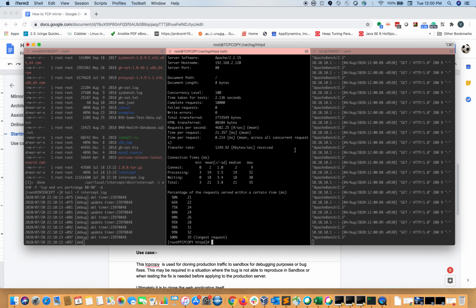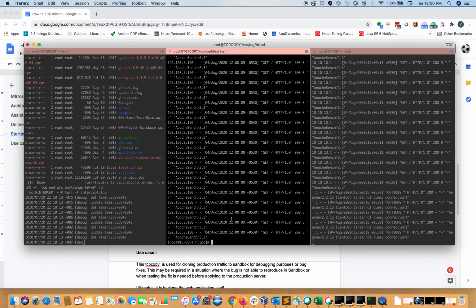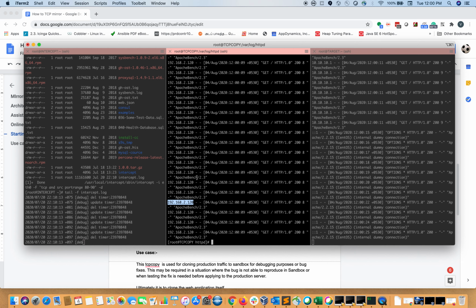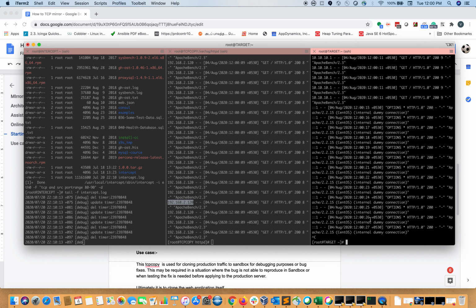The same client request will come here, right? Okay. So next, if I see the access log here, the source is 120 itself, which is the same host itself, right? Whereas here the source is 10.10.1. So now you got that, right?